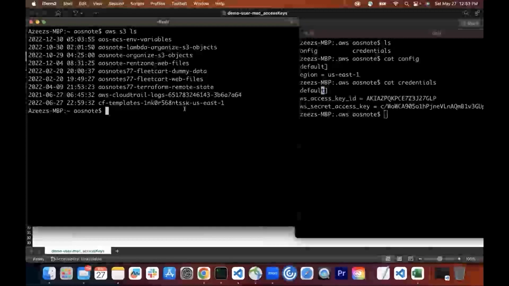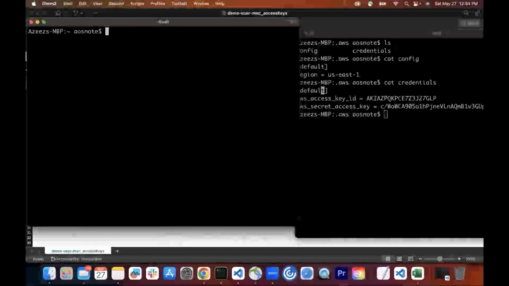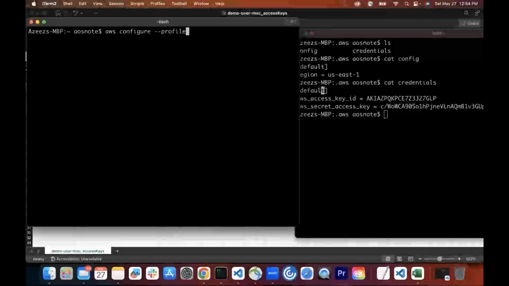If you have multiple accounts and you want to decide which account you are creating resources in, whether through your Terraform project, to create the profile for those accounts, you would type AWS configure --profile. Then you'll specify the profile name. So here I can say profile name Henry